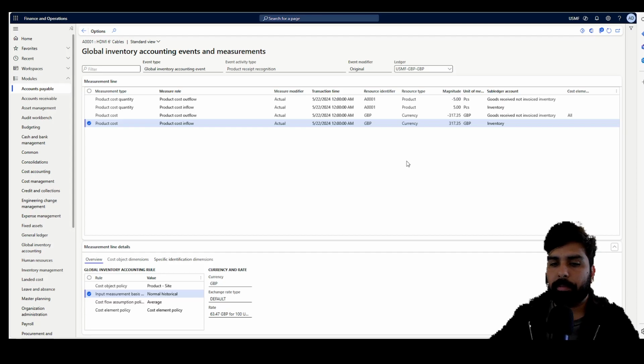So that's it for this particular video. I hope this is going to help you in understanding this concept, and in my opinion this is going to be a very powerful tool from the inventory valuation perspective, which allows you to have dual valuation and dual currency valuation in Dynamics